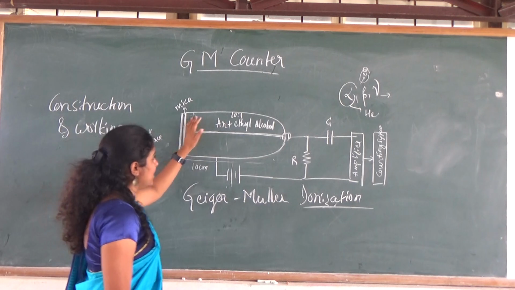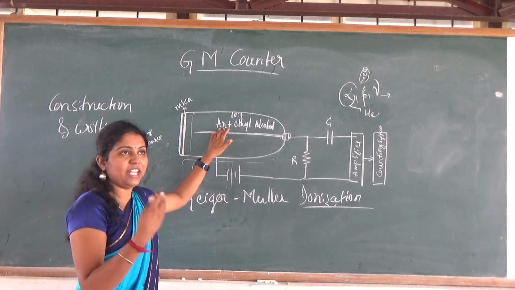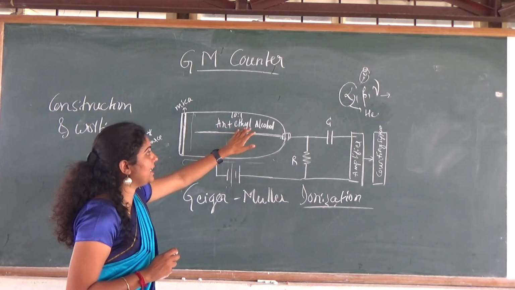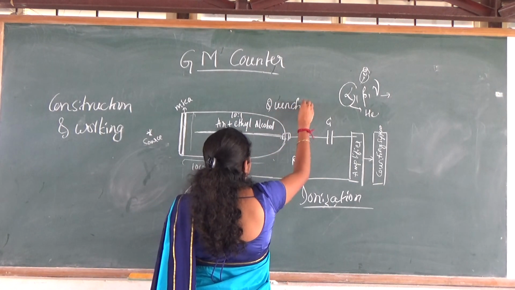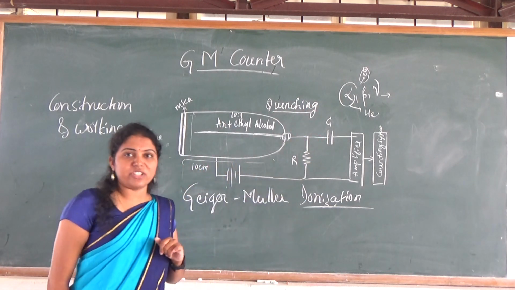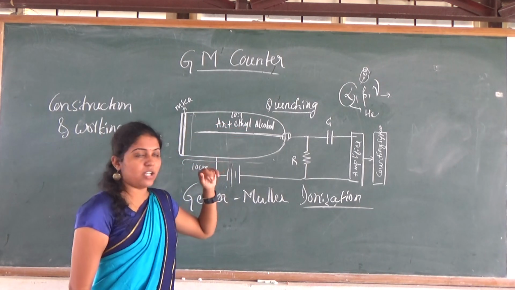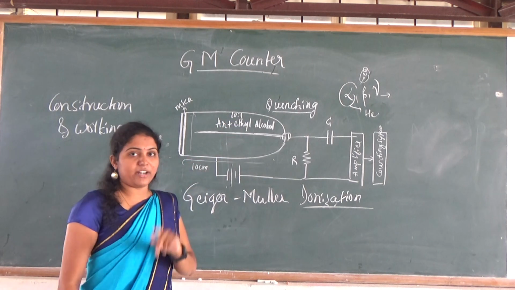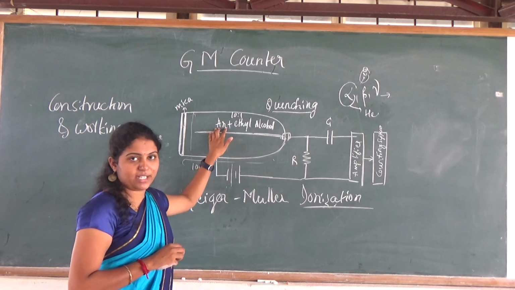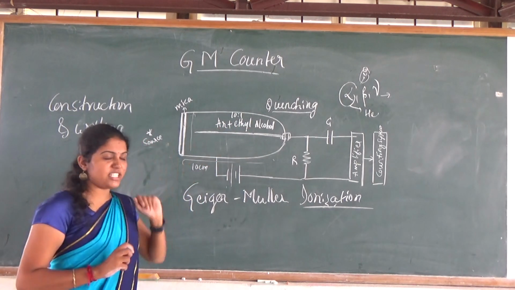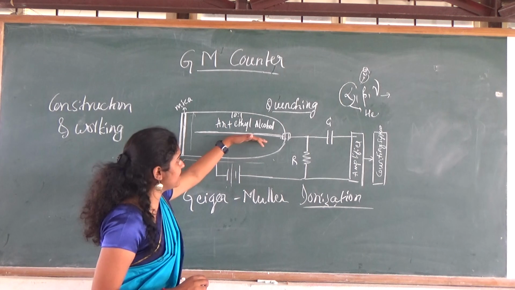The tube is filled with an inert gas which is going to be ionized, and ethyl alcohol. This ethyl alcohol we call a quenching agent. I will tell you later what this quenching is and why we use a quenching agent. Argon and ethyl alcohol are used in the 10:1 ratio. So some amount of quenching agent is added to the inert gas used in the GM tube. There is an external circuit here. This anode we call a tungsten wire.